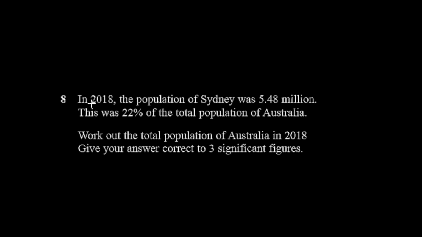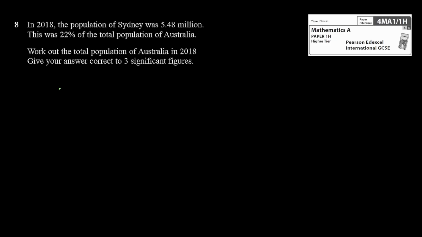So in question 8, we're told in 2018 the population of Sydney was 5.48 million, and that was 22% of the total population. And we're asked to work out the total population of Australia in that same year. Okay, so what are we saying? We're saying that 22% of P, let P be the population of Australia, is equal to